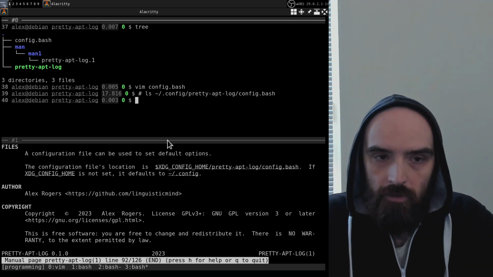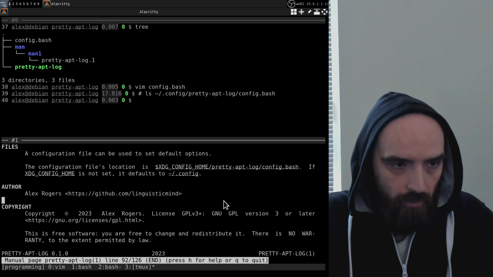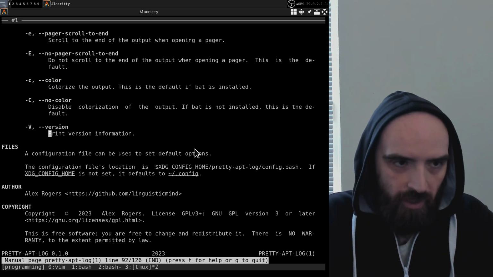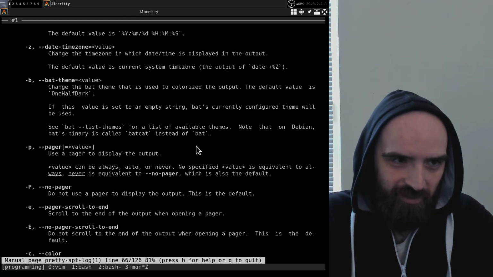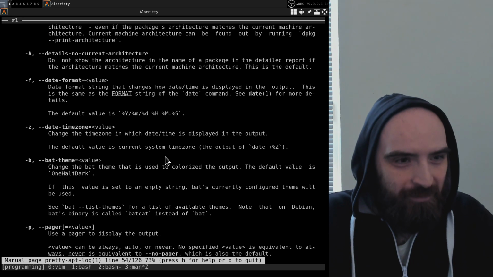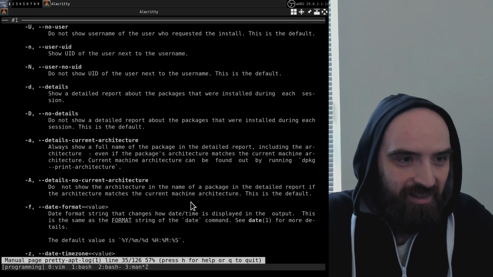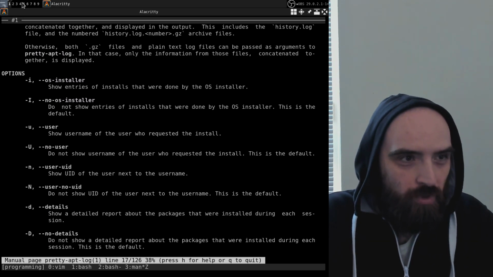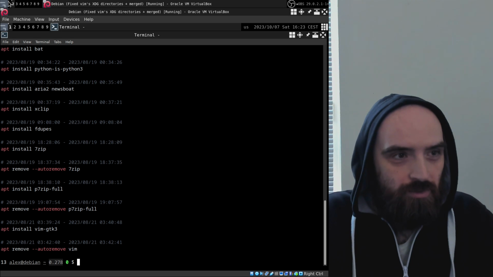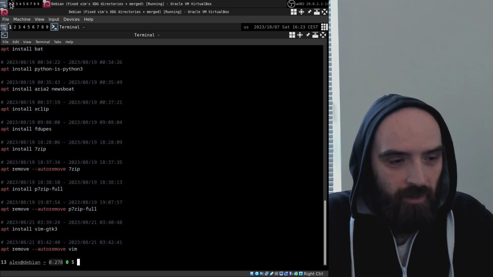So there's that. I'm kind of jumping around a little bit, but it's hard to know in what order to explain these things. But yeah, we were talking about the basic usage. So you can format the date,